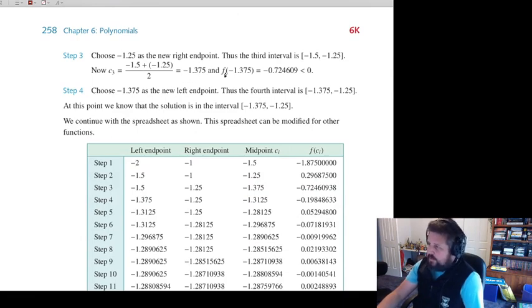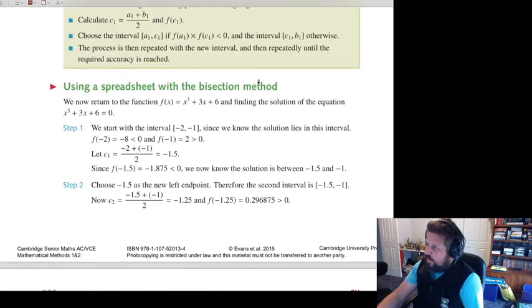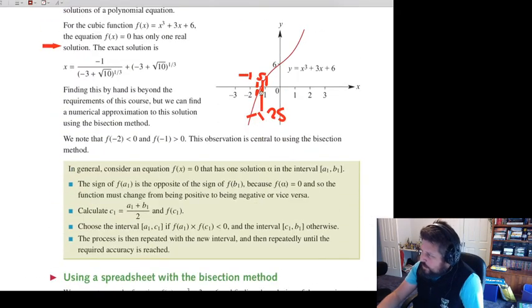Substituting that in, f of negative 1.375 comes out as negative 0.724, a negative value. So this midpoint is negative, telling you the value has to be between negative